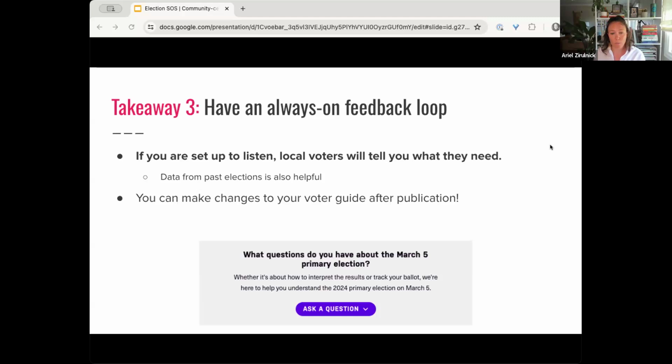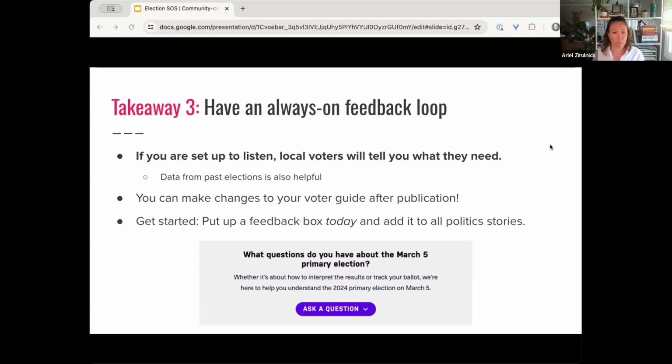And so one of our reporters, Caitlin Hernandez, ended up doing a really excellent guide. They really hustled on it and got it up a few days, maybe a week after the voter guide went out, and it immediately soared to one of our most popular voter guides. Again, because we had that always-on feedback loop, voters were able to reach out to us and say, hey, what about this one? I can't find a guide to this. I don't know how to make this decision. And so we were able to add that to the voter guide after the fact and really saw that show up in terms of audience behavior. That was one of our most popular guides.